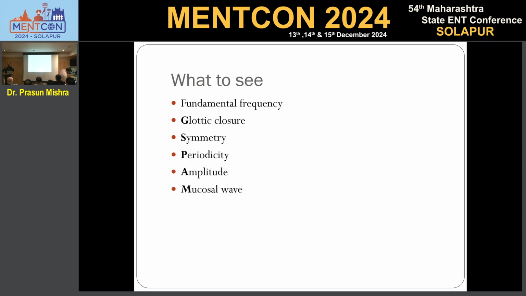And what to see? So one thing, fundamental frequency, I've already told you. All of us know mucosal wave. These two things, mucosal wave, we all know what to see in the strobe, mucosal wave. All of us say that. So mucosal wave present. I'll just take 5 minutes more. So mucosal wave should be seen, and then we have to see these 4 things. It is these 4 things which we always forget to mention. When you see the strobe light, we always see the mucosal wave,